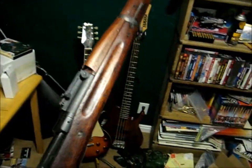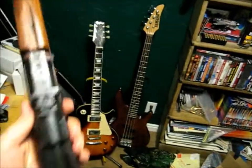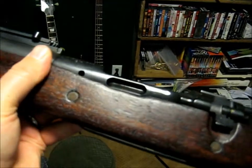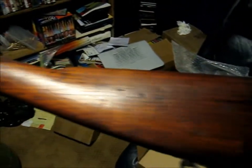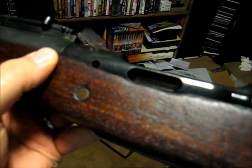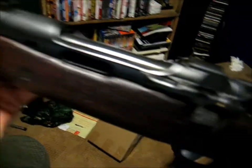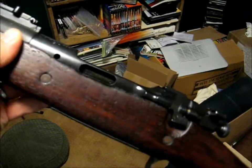Hello. I thought maybe someone would be interested in seeing my new, to me, Springfield 1903 Mark I. Those of you who are Mark I aficionados or Springfield gurus know that the Mark I refers to the cutout and the modification to the stock right there, and also some internal modifications to the trigger for the Pedersen device,